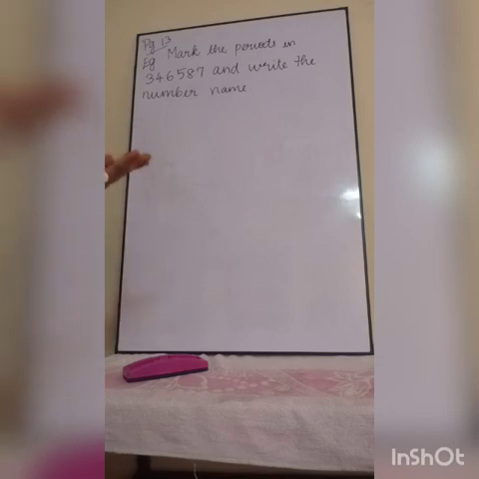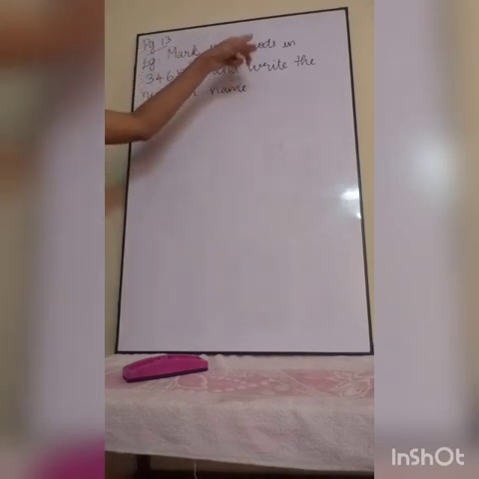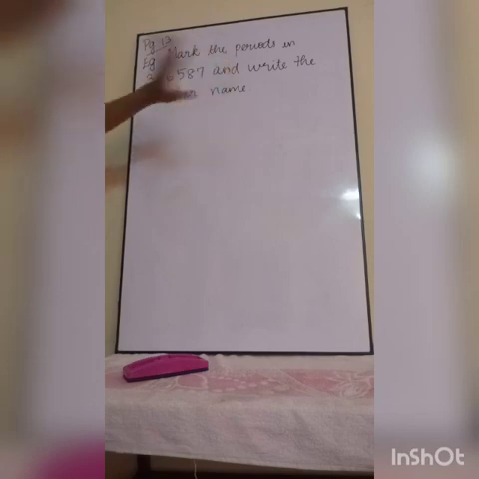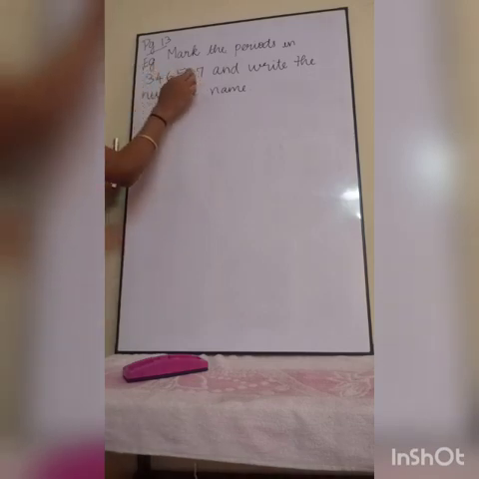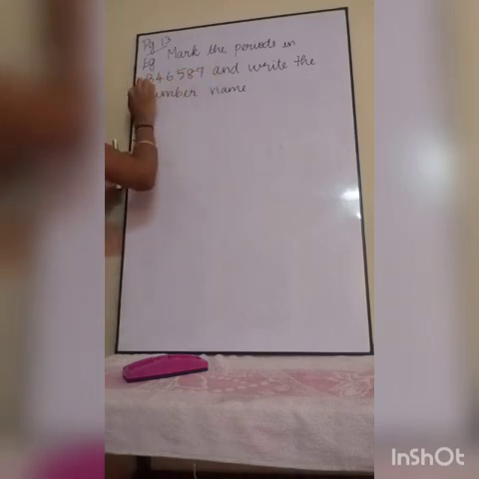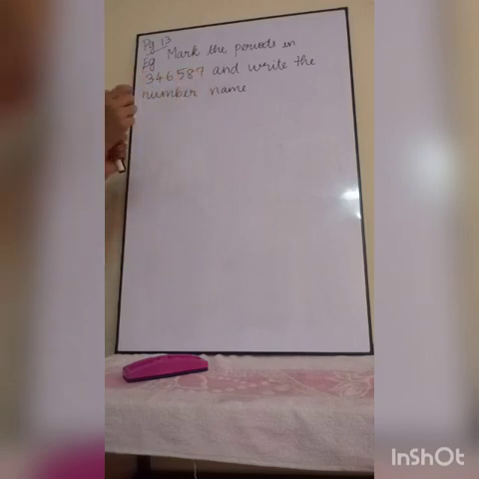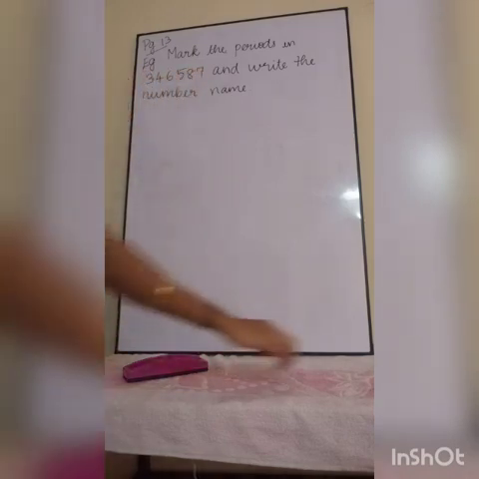After that, for the rules for writing and reading larger numbers, they have given an example on page number 13. So you have to take page number 13, children. On that page, the example is: mark the periods in this numeral and write the number names. Periods means we are going to separate the number into small groups using commas. I am going to separate this large number into small groups using commas. That is called periods.